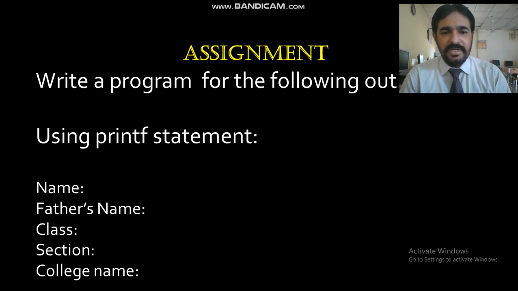If you have any further problem you may ask, but it is a simple IDE and our first program, and next we will continue with more programs.